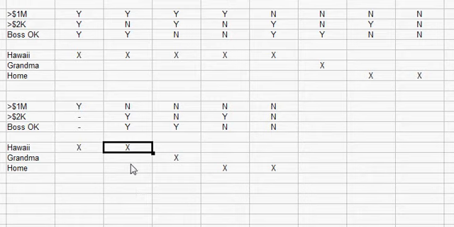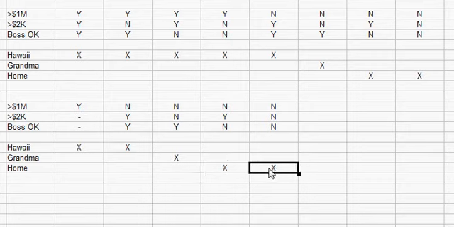The only way we can simplify it is to put a dash on the top, which means we're always going to Hawaii, which would not work, because if we don't have over $1 million, we can't tell the boss that we're going to take our time coming back. We want to keep our job, so we can't do that. The only other possibility is here. Can we simplify here? Well, it looks promising,